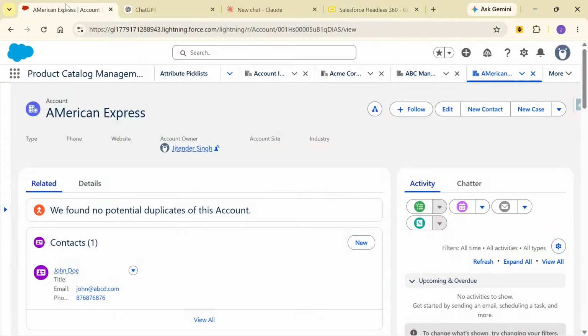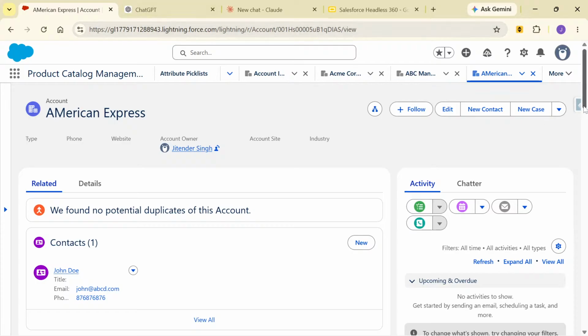Right. So I have my Salesforce login here, and I have also opened ChatGPT and Claude. I'll get into ChatGPT and Claude a little later. But before that, we will need to do some of the settings in Salesforce before we can use it in ChatGPT or Claude. Okay, so let's understand the process, how do we set it up? There are two things in Salesforce which we need to set up. First, we need to enable the MCP